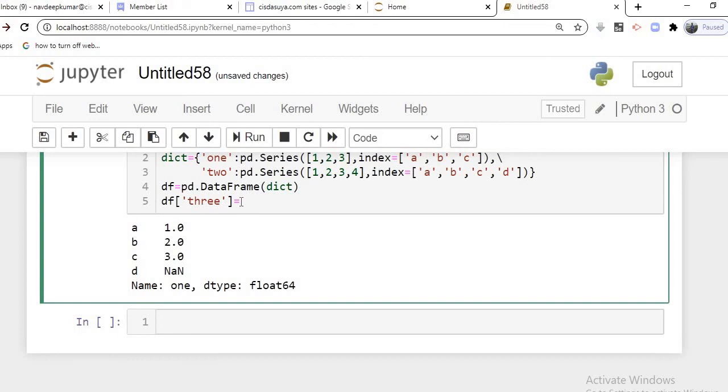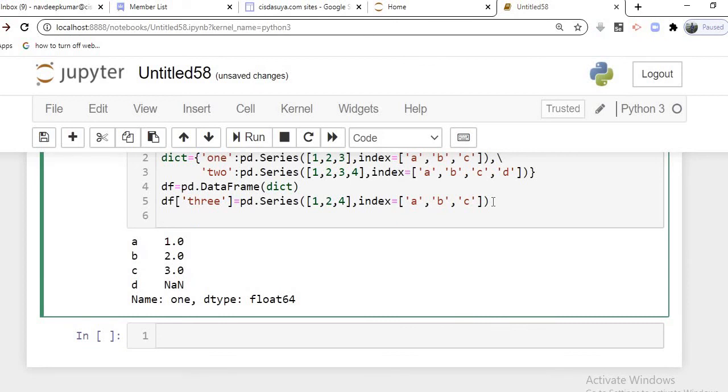So here we are going to create pd dot Series, and let's say the values are again 1, 2 and 3 only, and with indexes A, then B, and then finally C. So finally this is done.